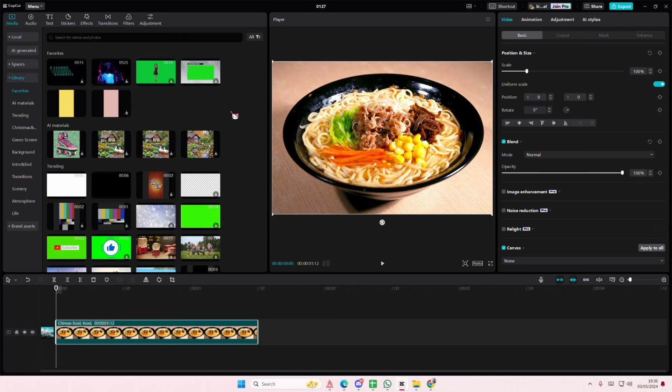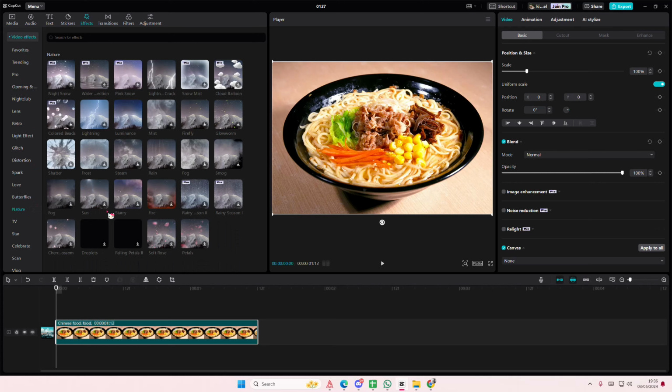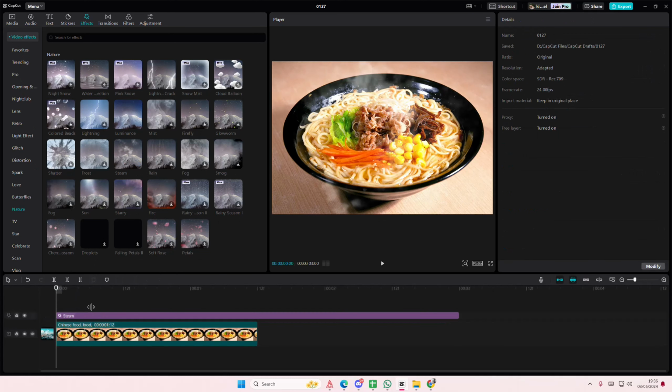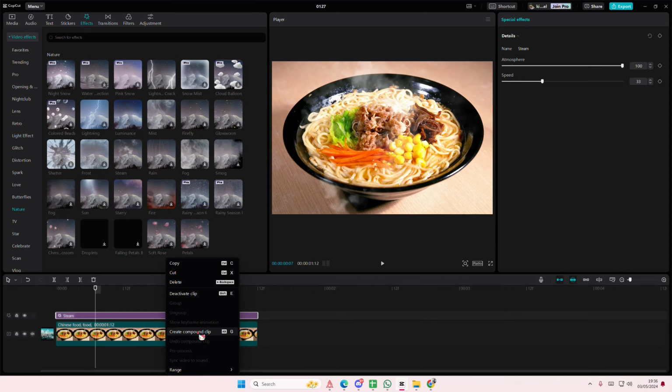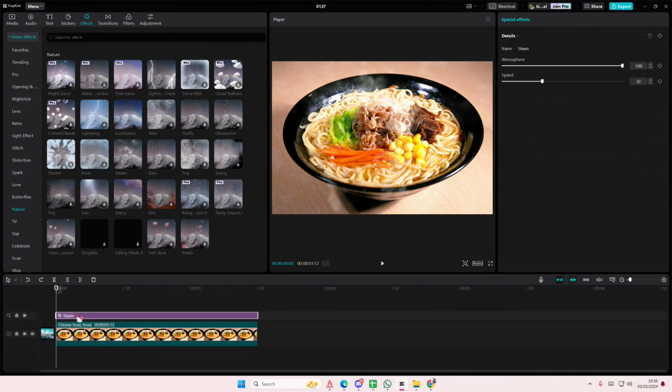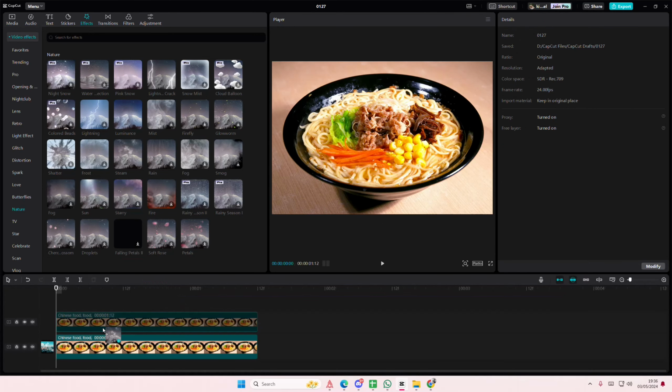In this video, I'll be showing you guys how you can add fake steam to your food videos or photos in CapCut PC. So I'm just going to go to effects here and I'm going to select nature for it, and I'm going to actually add the steam on top of it. If I create a compound clip, it won't show. Okay. I think I'm just going to copy and paste that,